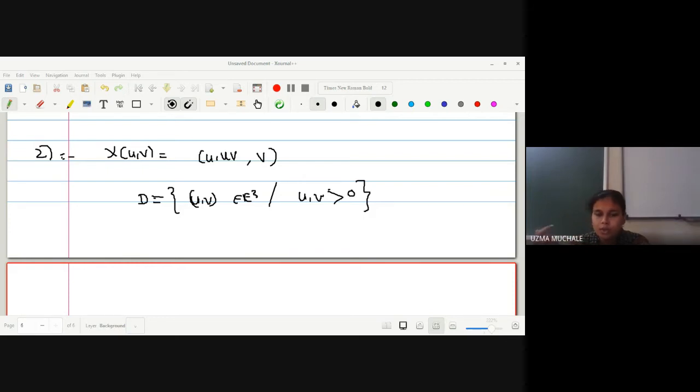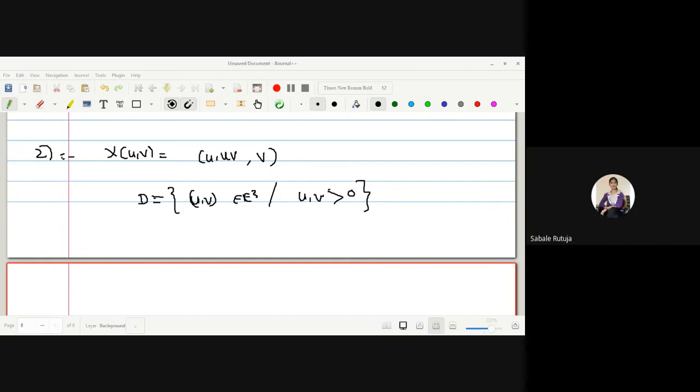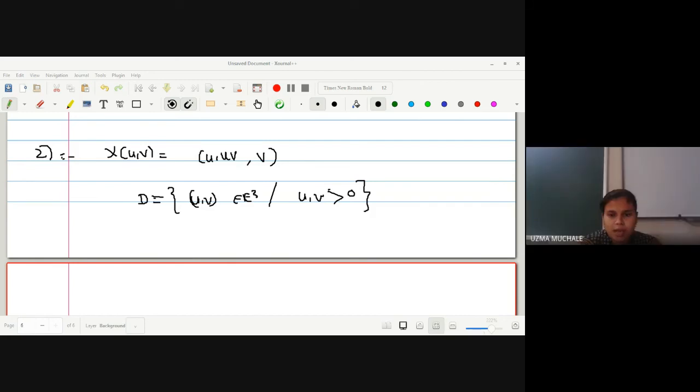Now first you should define an inverse function, then show that your inverse function is continuous. As the x and z variables are continuous, you can say that your x inverse is continuous. Okay. So from 1, 2 and 3 you can say that the mapping X is a proper patch. Okay? Yes, ma'am. So any student, if you have a doubt, you can ask.